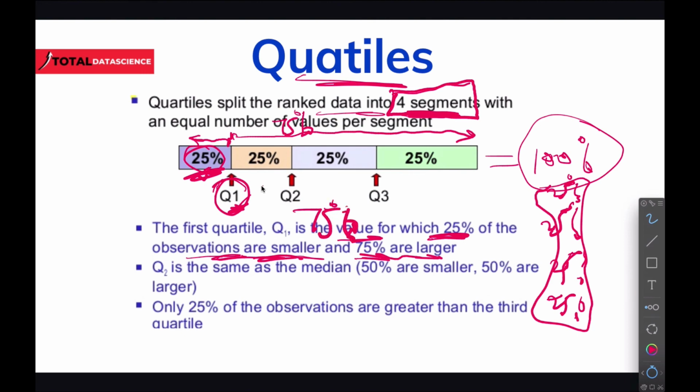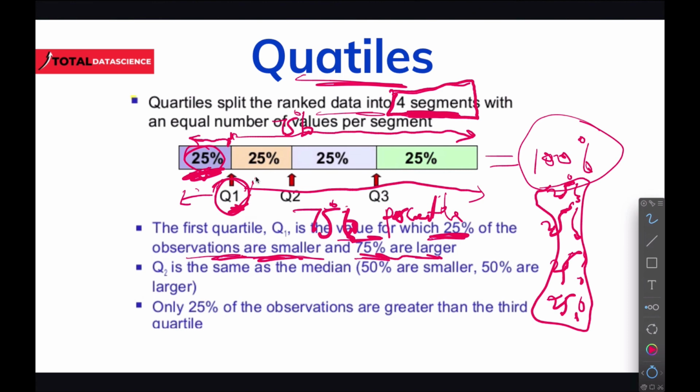You can also relate this to percentile. Being at the Q1 quartile means that only 25% of the data points are below your marks,